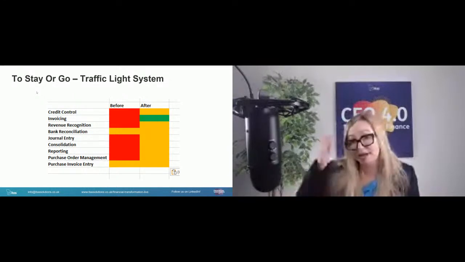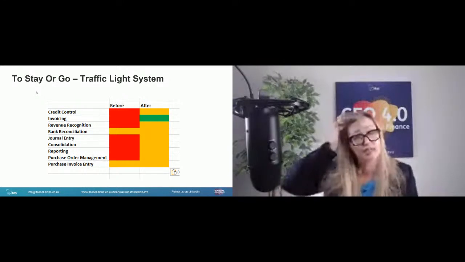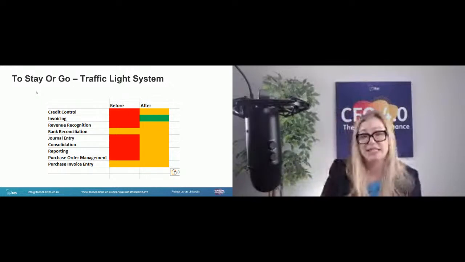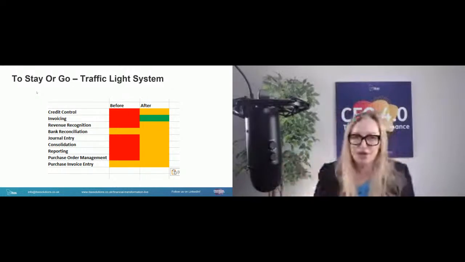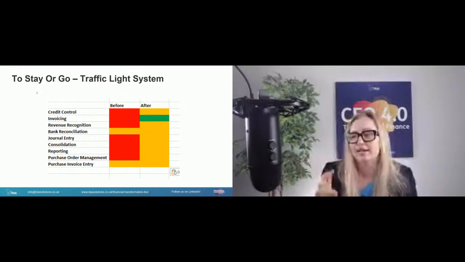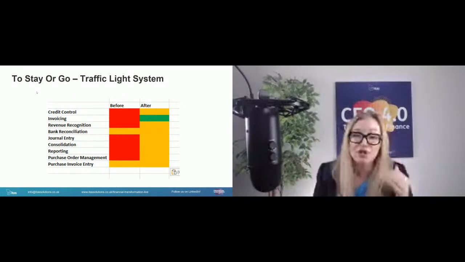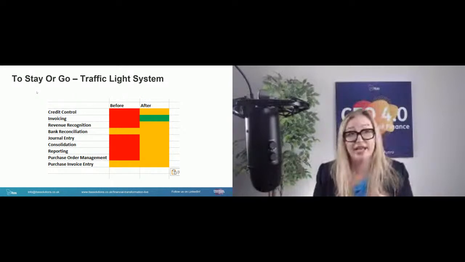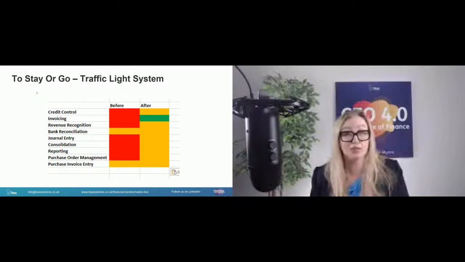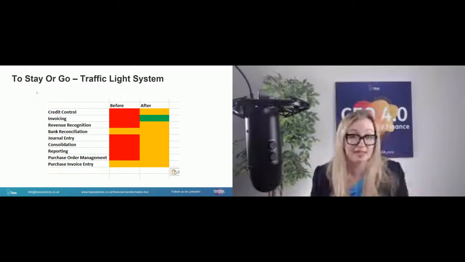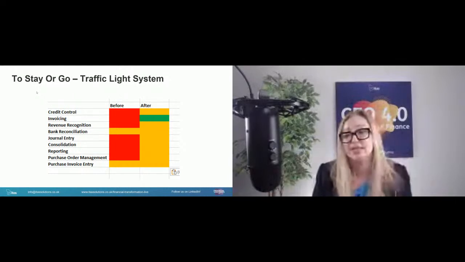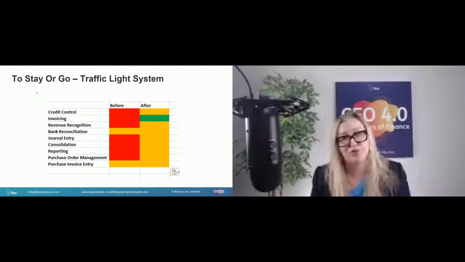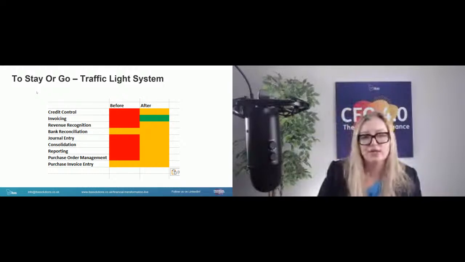And I think that's why best practice is really good, because if you go out and you research best practice and you go, fundamentally, that's what I need, but the current system can't deliver it, then there is a conversation. But if it's only one element, don't throw the baby out with the bathwater. There is often, and I'd say in probably 95% of cases, we can make some dramatic improvements to existing systems with some investment, either training or some tweaks to the system or some modules and add-ons, right? So there's always a conversation to be had.